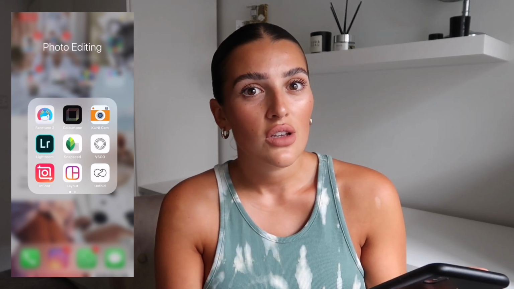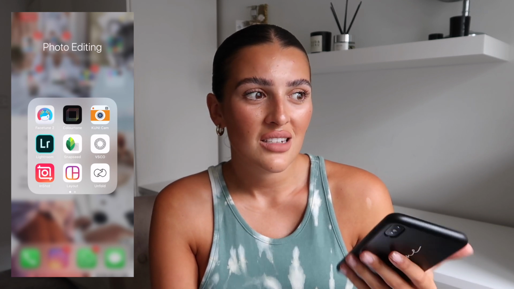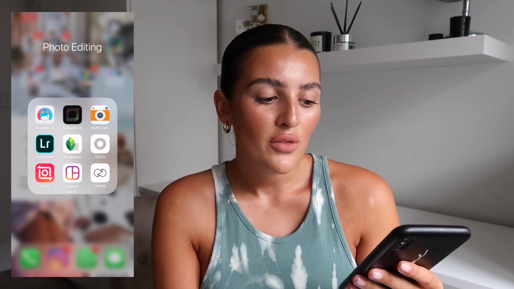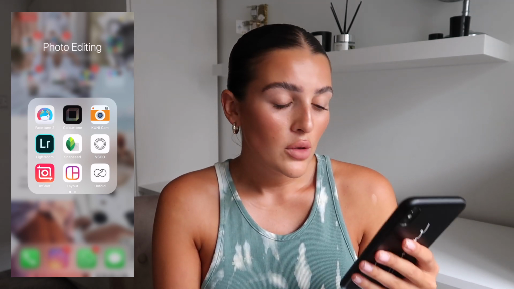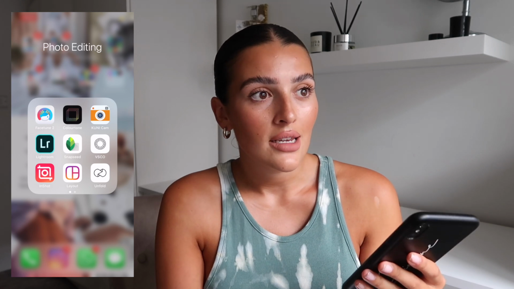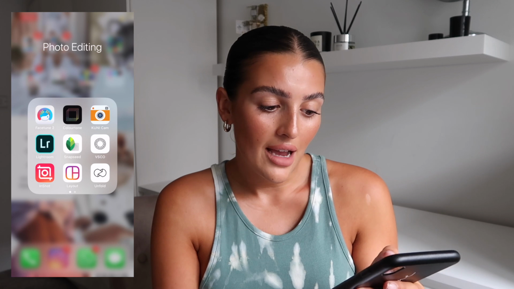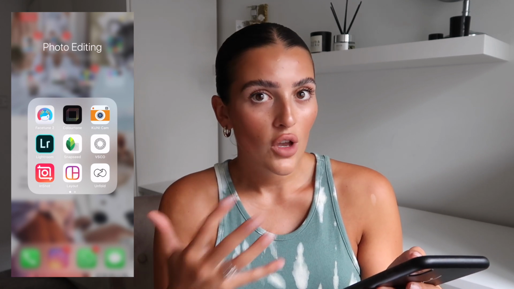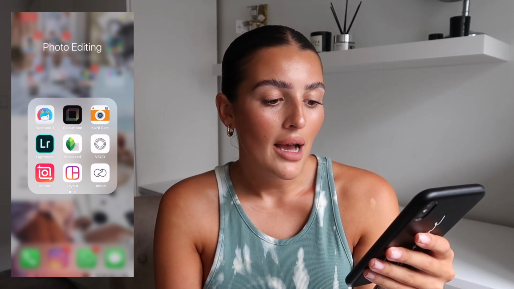I used to use Visco for a lot of their filters, but within the past, I'd say, 6 months, I moved on to Colour Tone and I don't really use Visco anymore. I use InShot for editing my IGTVs or any videos that I use. I use Layout obviously for collages and things like that, and Unfold I use for my